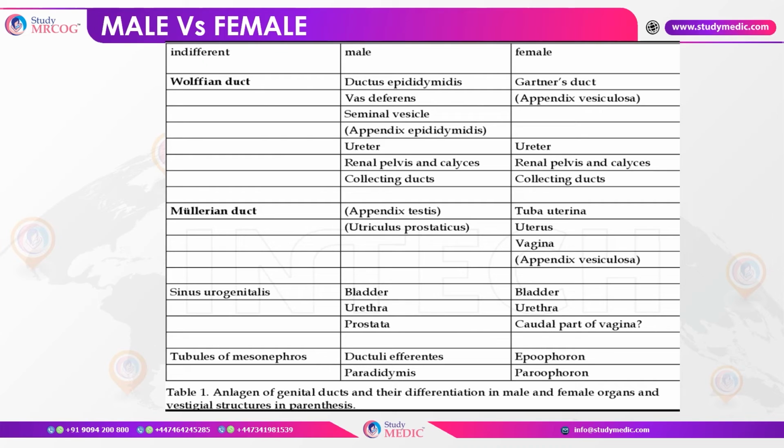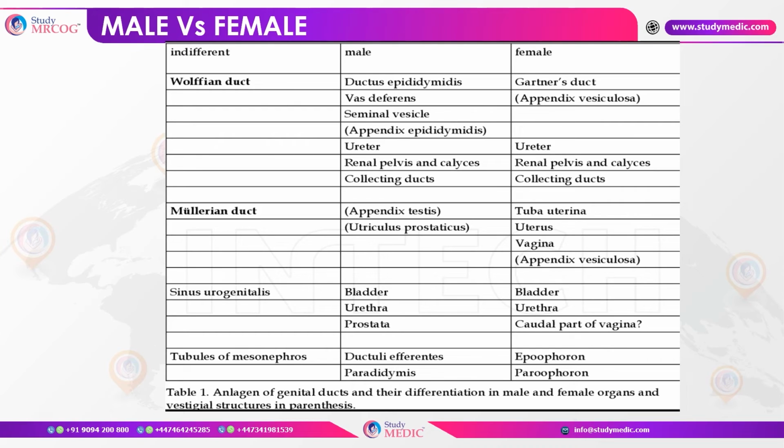Now coming to the Mullerian duct, we see the importance is in the development of the female structures, where you have the uterus, the tubes or the fallopian tubes and part of the vagina. In males, it is going to form the appendix testis and the utriculus prostaticus. Now, as we were discussing earlier, the urogenital sinus is going to give rise to the bladder and urethra in both the sexes, whereas in male it gives rise to prostate and in female it forms the caudal part of